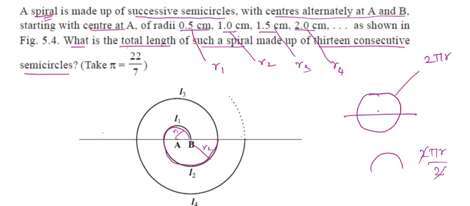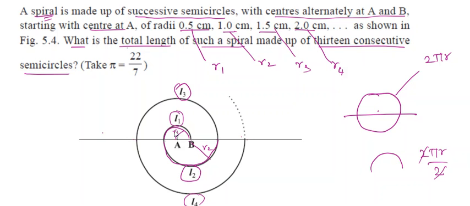Now let us consider the first length L1, second length L2, third length L3. Do you understand? So this is L1, the arc length of the first innermost semicircle. Then the arc length of the next semicircle is L2. So this is L1, this is L2. And based on that you have got L3, then based on that you have L4. Do you understand this? For every semicircle, there is a respective radius.